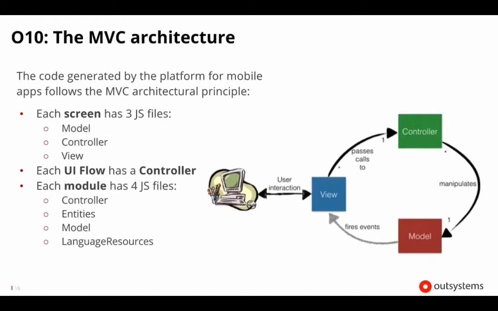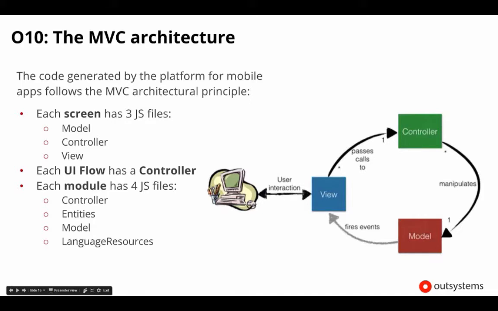Also, the generated code is based on the model view controller architecture. I won't go into too many details about what this standard is, but I'll just let you know that each screen has 3 JavaScript files: the model, where you have the screen's data; the controller, where you have the screen's action and events; and the view, which has the widget's rendering code. Each UI flow has a controller that has the exception handler for that flow, and each module has